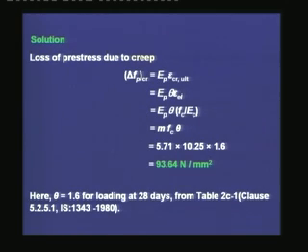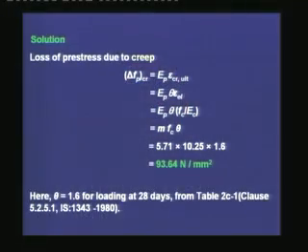Thus, we have found out the stress in the concrete, from where we shall calculate the elastic strain, which will help us to calculate the creep strain. The loss of pre-stress due to creep is equal to delta Fp with subscript Cr equal to Ep times the ultimate creep strain. We are substituting the ultimate creep strain by the creep coefficient times the elastic strain. Then we are substituting the elastic strain by the